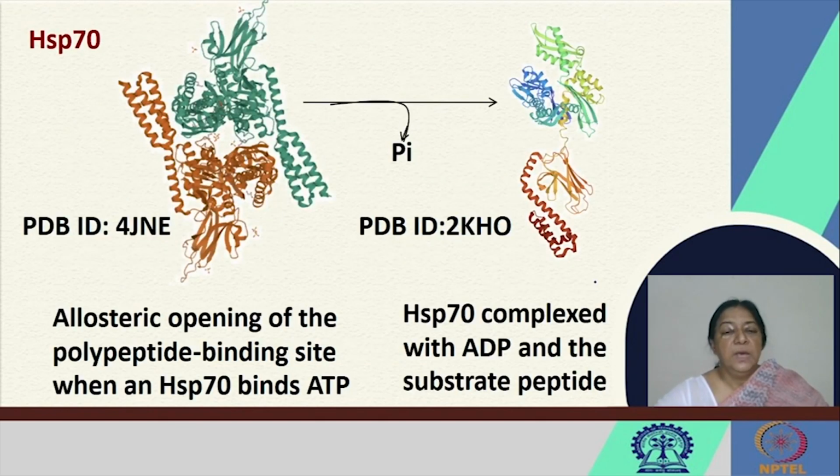function. The HSP70, this is the structure of HSP70, where there is an allosteric opening of the polypeptide binding site when an HSP binds ATP. Then the HSP can be complexed with ADP and the substrate peptide on hydrolysis of